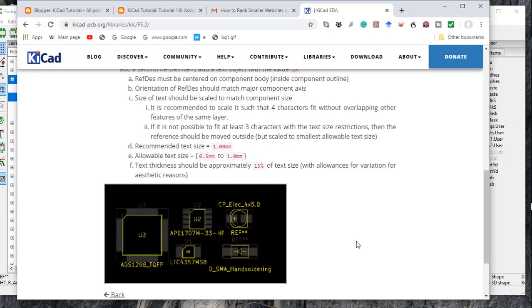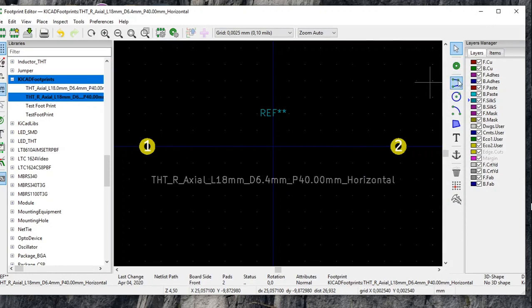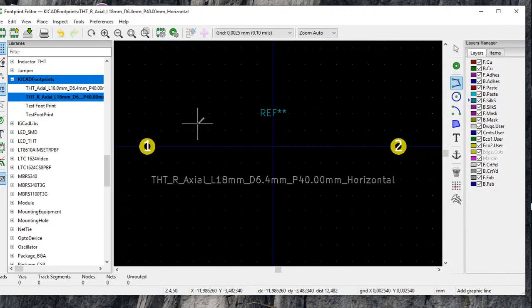And it gives here a couple of examples of the fabrication layers for different components. Now we're going to start to draw this line over here, the top line, and remember, the total width is 18 millimeters, and we're going to be symmetrical around the y-axis, so that point is going to be -9, and half of 6.4, which is going to be -3.2, and that point is going to be +9, -3.2. So we start off by drawing the top